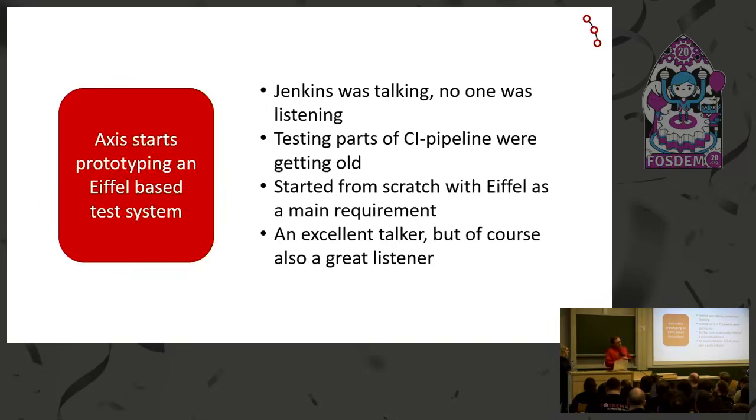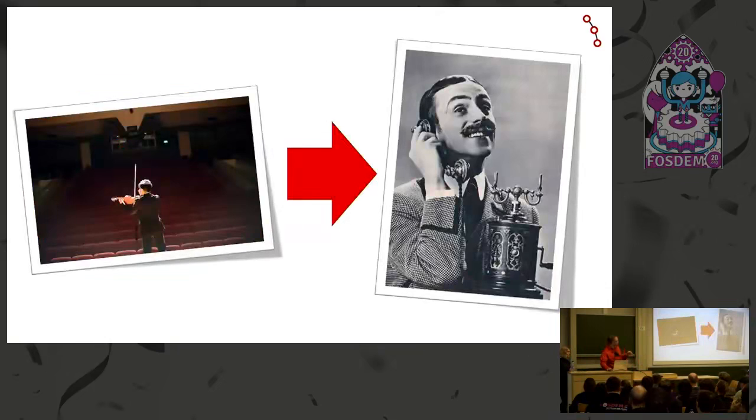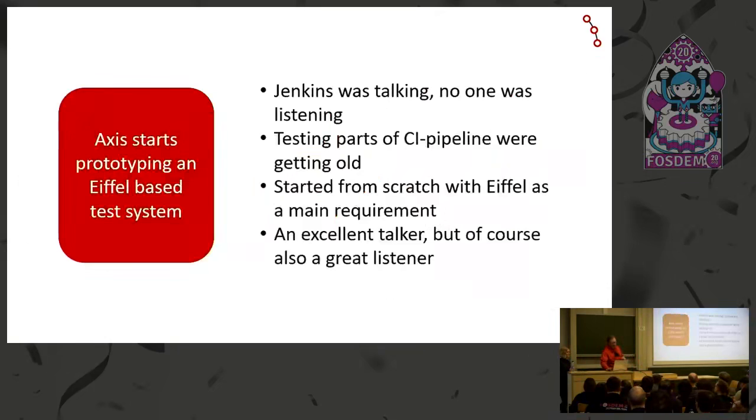We saw that this was something that could probably not solve our immediate problems, but there was a bigger issue of the system of systems talk and knowing information about the software that goes in from everywhere. So we decided to make the new testing part of our CI/CD pipeline talk AFL and understand AFL. And in this, we started listening to the Jenkins events, the lonely guy over here that was playing AFL music and nobody was listening. So we started listening to that, and we started triggering our tests based on those events,